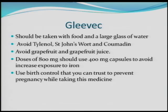So Gleevec should be taken with food. I recommend you take it after a full meal. Now that kind of contradicts a lot of the things Sarah just said to you. And with a large glass of water. Now if you've had a gastric bypass or you had part of your stomach removed, that's not possible, okay? So in that case, we may need to look at how we're dosing the Gleevec. You may not be able to take 400 milligrams at one time. You may have to indeed break that dose down, so you take 200 at a time and intersperse those with your 6 small meals. But that's something you will discuss with your doctor and your team as to how best